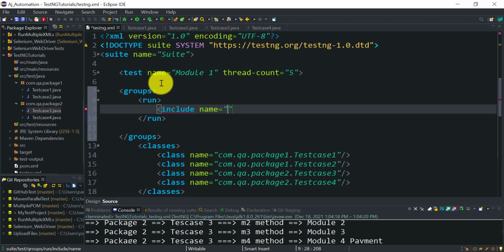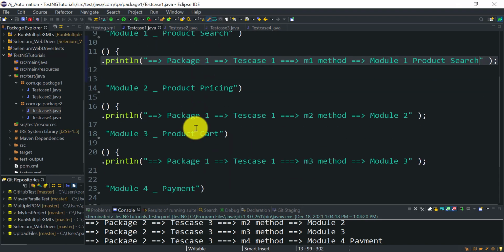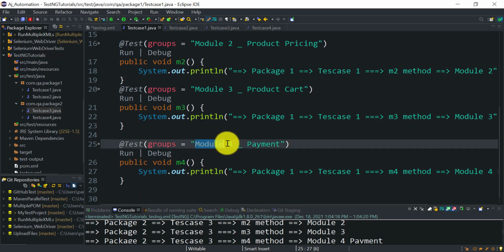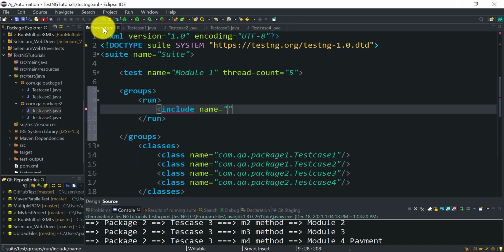Currently I want to run the test methods which are testing the module 4 functionality only. So what is my group name for that? The group name which is going to test my module 4 functionality is module 4 payment. So this same group name you need to provide while running it from the TestNG XML file, and close this include tag.